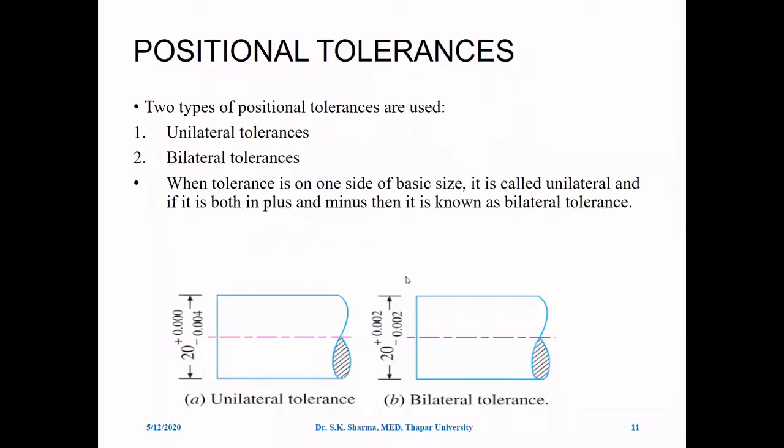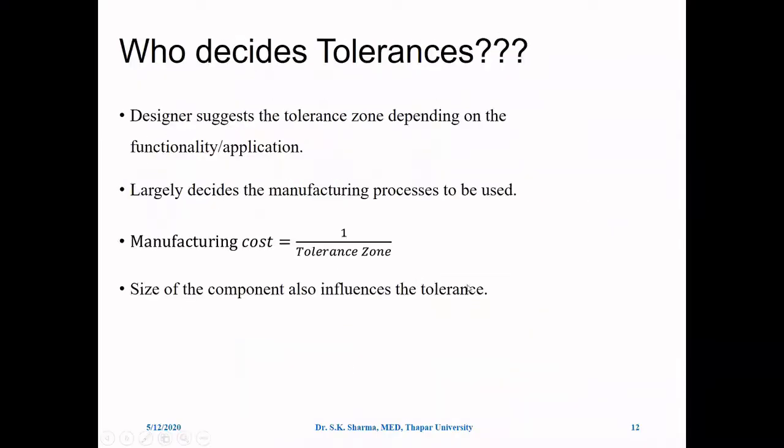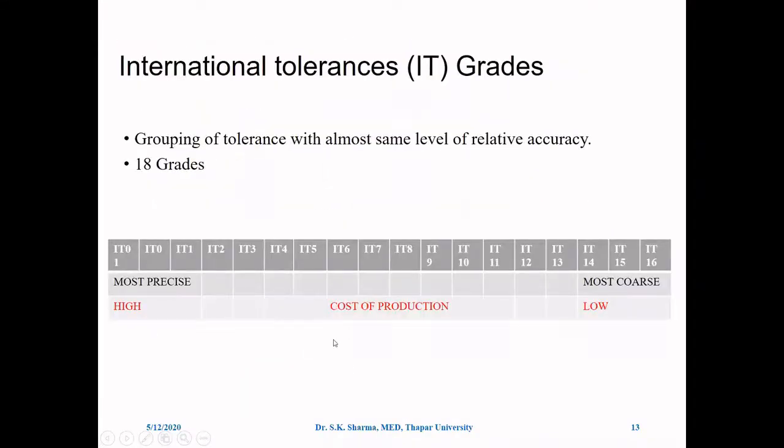Then further, we also talked about the different ways in which we specify the tolerances. These are the international grades. International grade is just a number. It starts from 01, 0, 1 up to 16. The larger the number, the looser the tolerance zone is. It means the variation in the basic size can be very large, and the quality may be poor. And normally the cost of production for such grades of tolerance is very low.